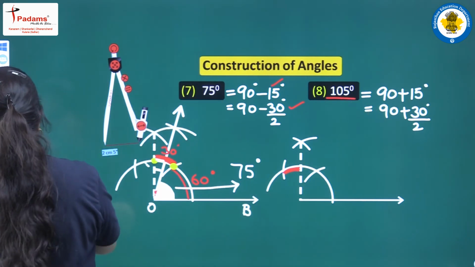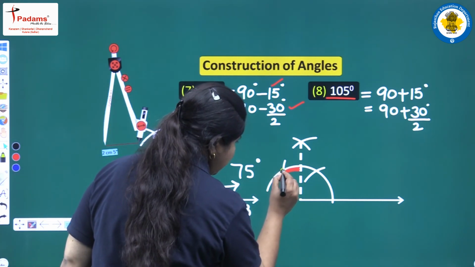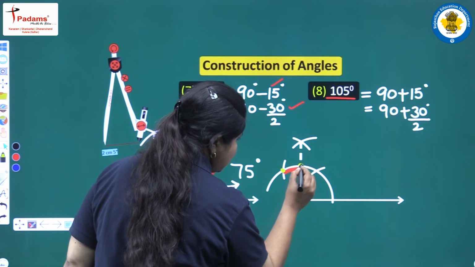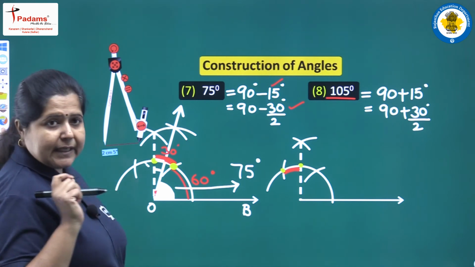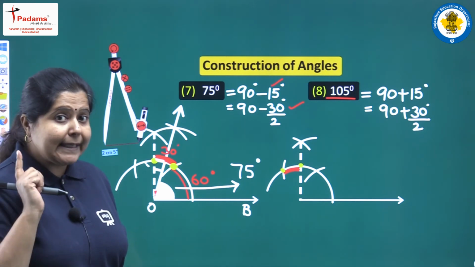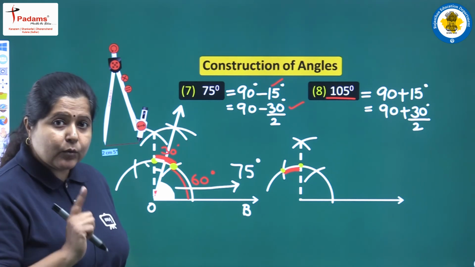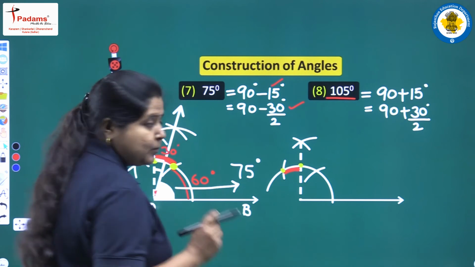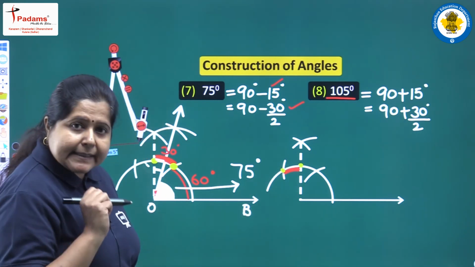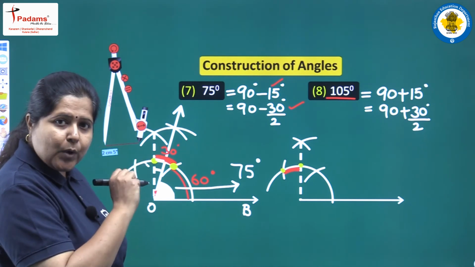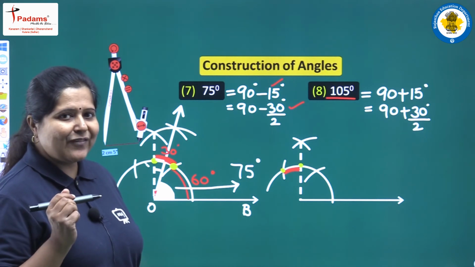So where will we be keeping the 2 end points? One will be this one, this yellow point, and the other one will be this yellow point. At these 2 points, when we will keep the pointed end of the compass, we will draw 2 arcs of equal radius. Remember, while bisecting, we take the radius to be equal. So keeping the end points of the compass at these 2 yellow points, taking the same radius, we will be drawing 2 arcs, and the point of intersection will give us an angle of 105 degree.